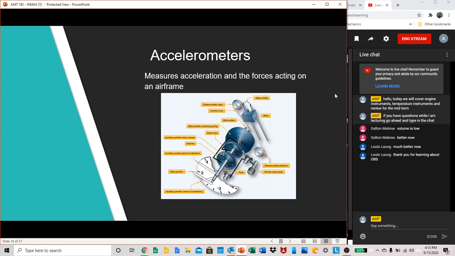And accelerometers, they measure acceleration and forces acting on an airframe. And this is a good breakdown of an accelerometer, shows all of the different components. So what you guys will need to know about those two components, the accelerometer and the